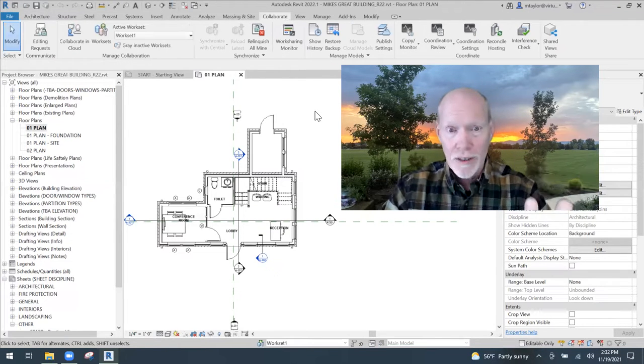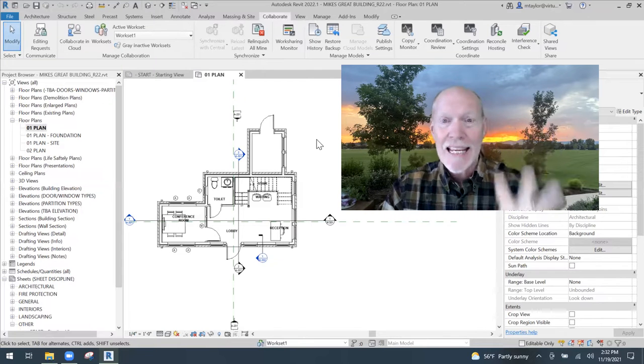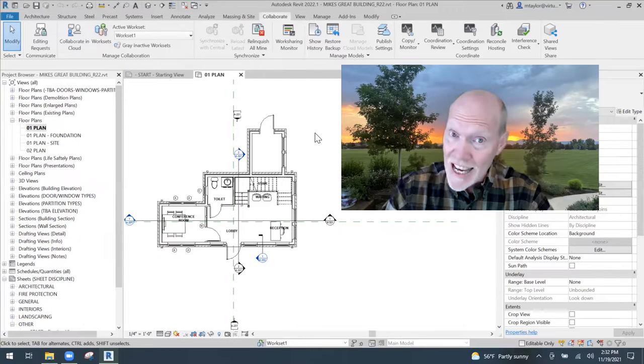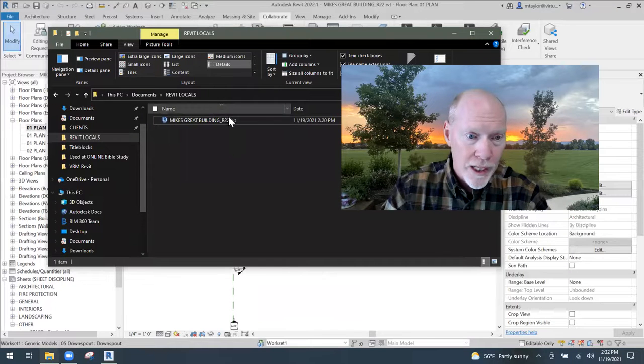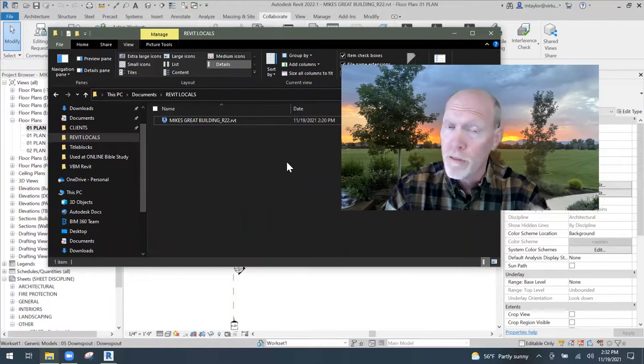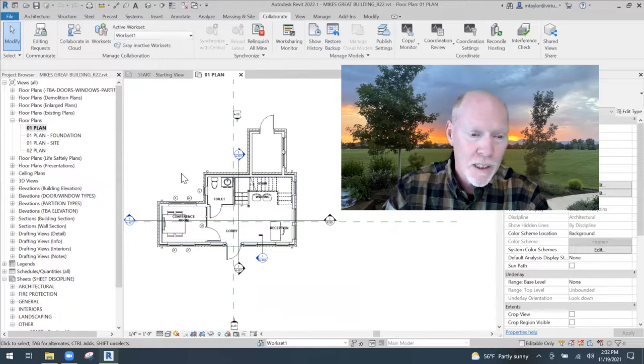There we go. Now, this thing is a central file, but it's not been saved yet as a central file. The one that's on my directory here is still the old one. It's still the old normal file that only one person can work in at a time. But this one's been converted,